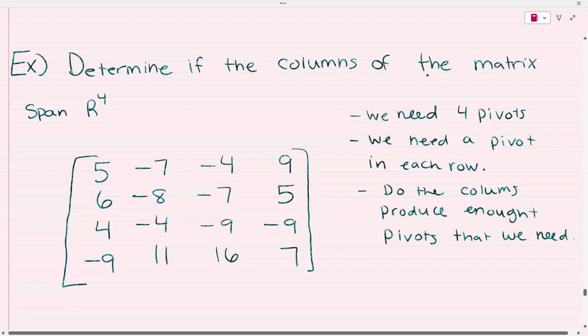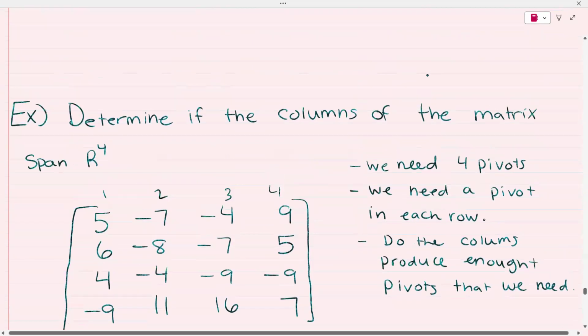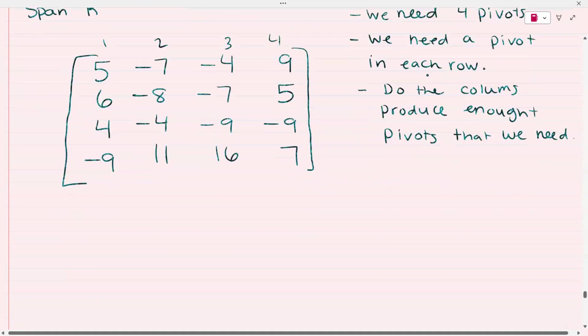Okay, so how many columns do we have? One, two, three, four. Okay, so we have to convert it, we have to augment this. So we're going to rewrite this matrix as five, six,